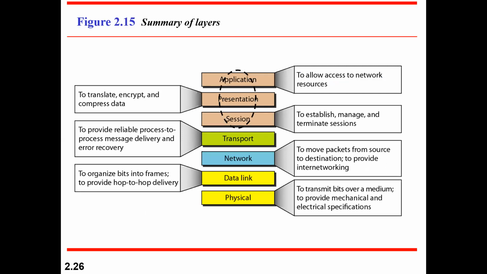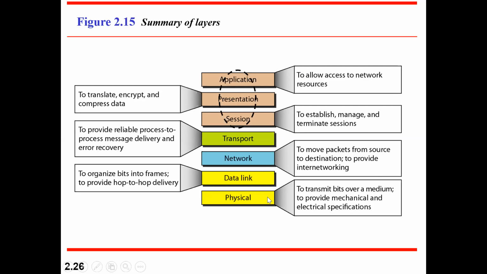Summary of each layer. We will not go in depth with respect to the session, presentation, and application layers because we are not concentrating on that much, and we will be seeing the transport layer, session layer, presentation layer, application layer with respect to the OSI reference model in the next semester, in your computer networks course. Whereas in this data communication concept, we have seen only three layers: physical and data link layer, and to a possible extent the network layer, but not in depth. So we'll be summarizing it.